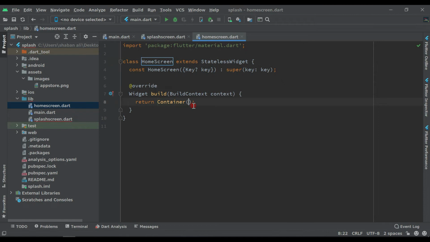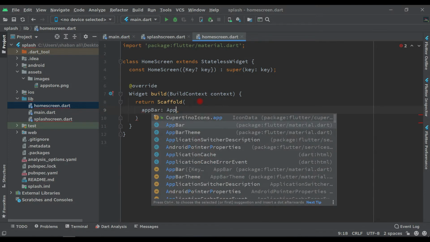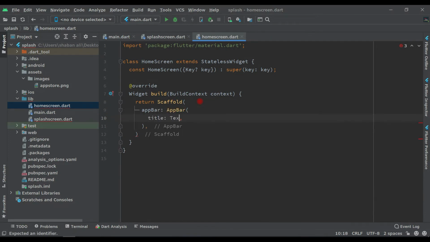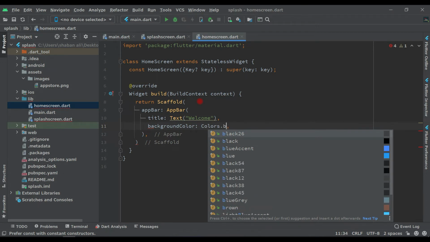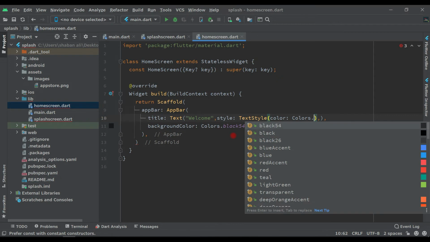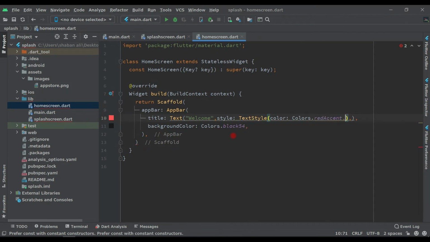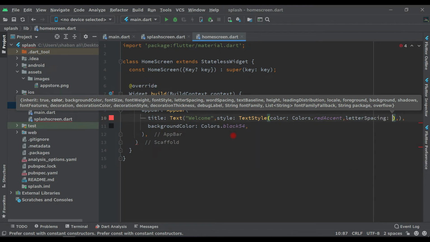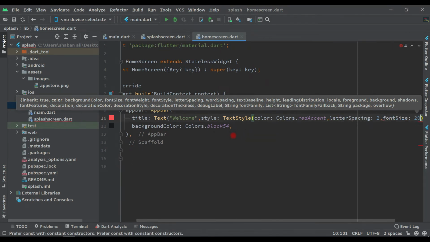And let's design this. So here let's return Scaffold, appBar, title Text, inside this Welcome, backgroundColor Colors.black54, and let's style this text: TextStyle, color Colors.redAccent, and letter spacing will be 2, font size will be 20.